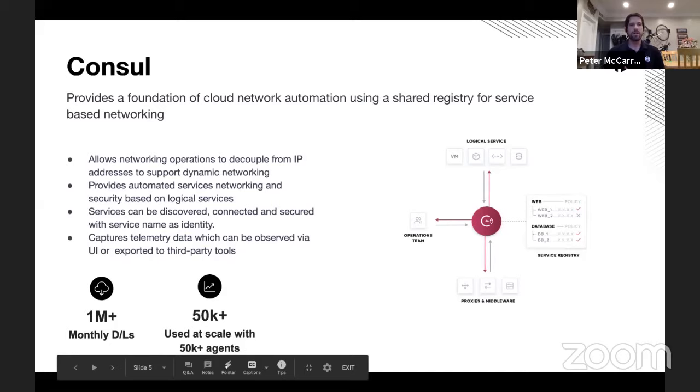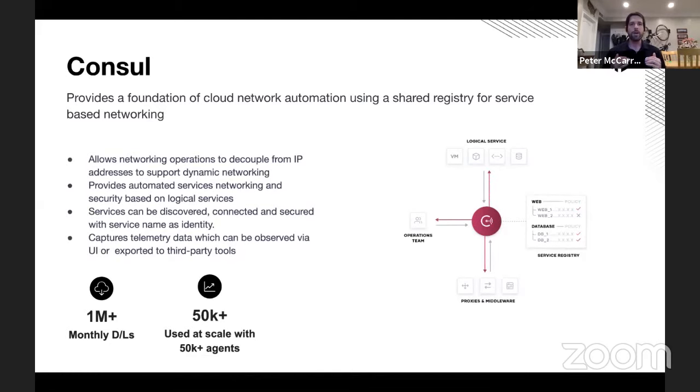All right, so that's where Consul tries to solve things. Really what we're trying to do is provide a good foundation for you to build your network on in the cloud. Or in this case, maybe it's a private data center. So like Cody's doing his demo today in vSphere, maybe you have some that are in a private data center, maybe you have some that are in public cloud. Either way, what you want is a consistent methodology